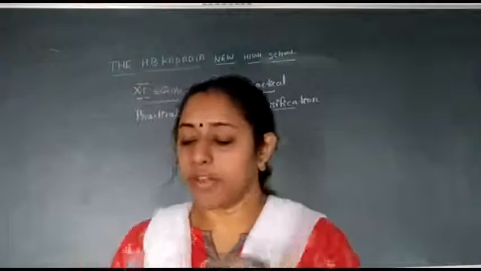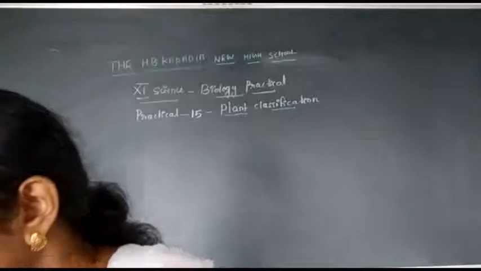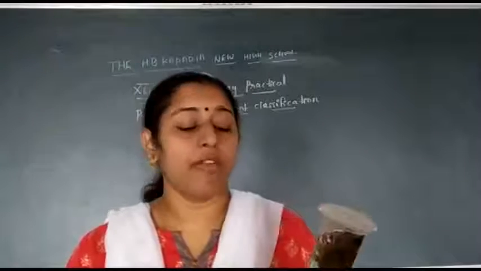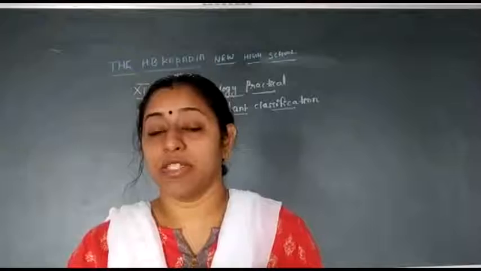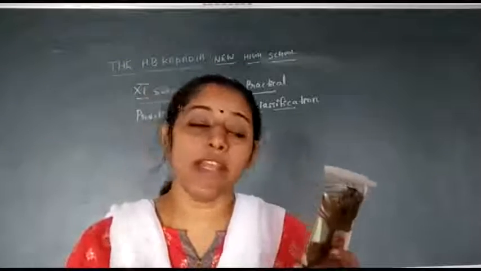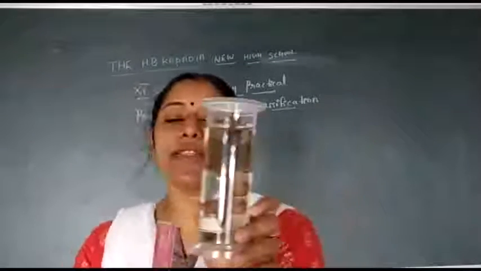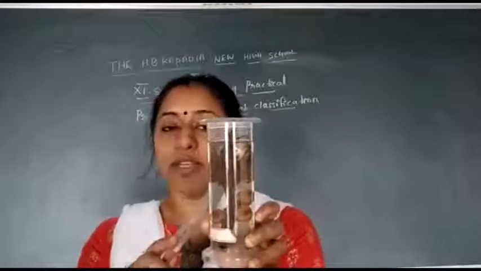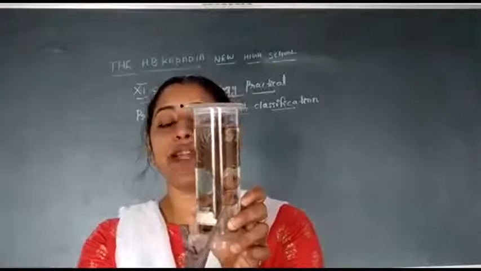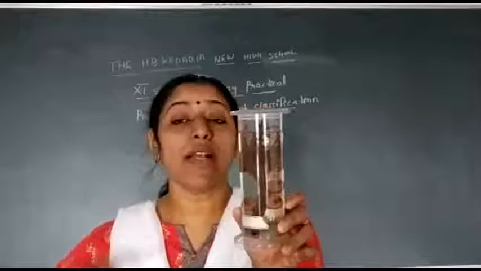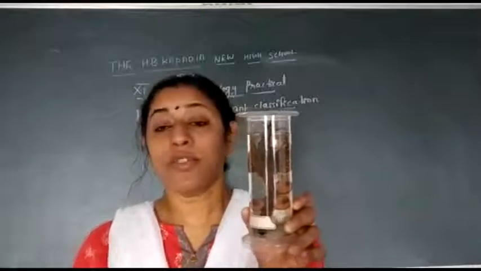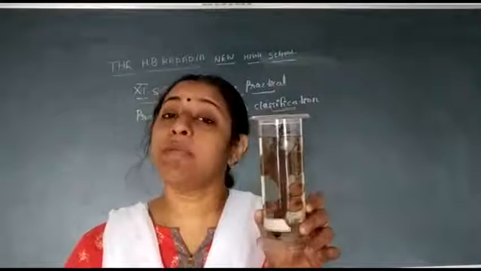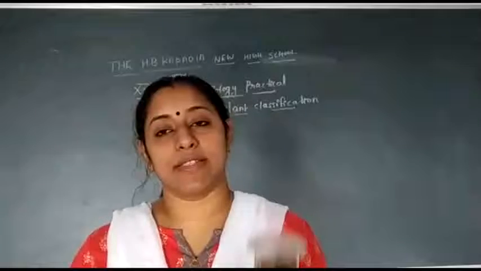Now we are moving to the next member, that is the gymnosperm. You know why the term gymnosperm has come. Gymnosperms means the plants with naked ovule. You can find one of the members of the gymnosperm here. Its name is Cycas. On the side you can find these are the ovules. The ovules are exposed, that is, not covered by any seed coat. That's why the term gymnosperm has come into existence.